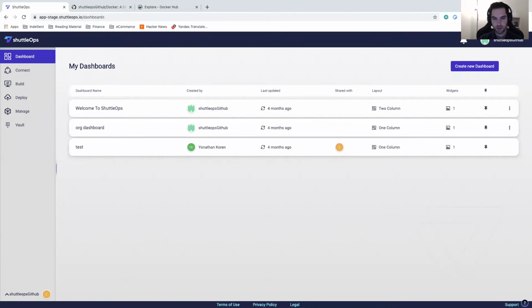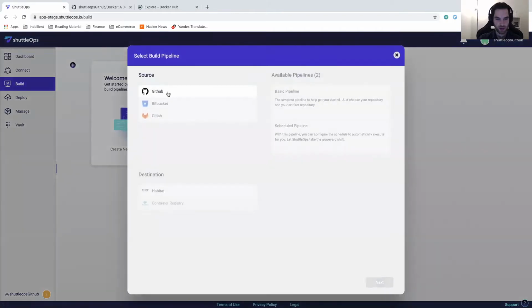Hey everybody. Today we're going to be using ShuttleOps to take an existing code base and create a container image from it and push that image to a container registry. This involves having a build pipeline with a VCS repository as a source and a container registry as a destination. As you can see here, I currently can't select the container registry as a destination, and the reason for that